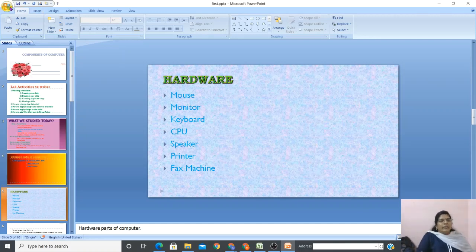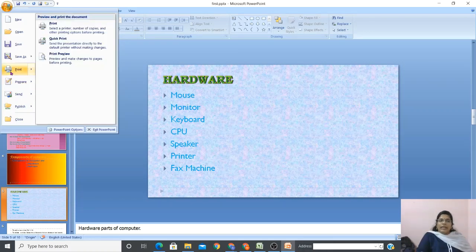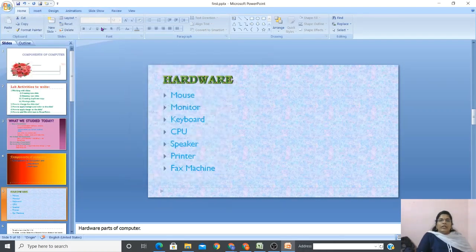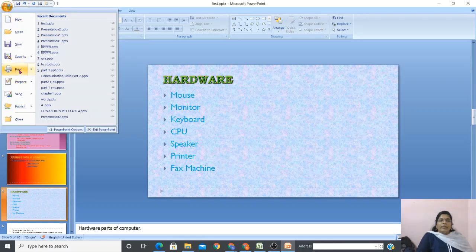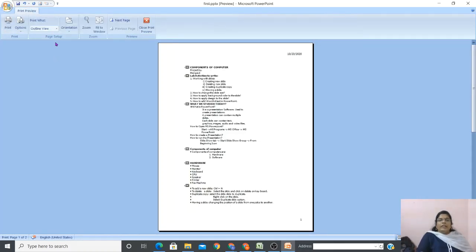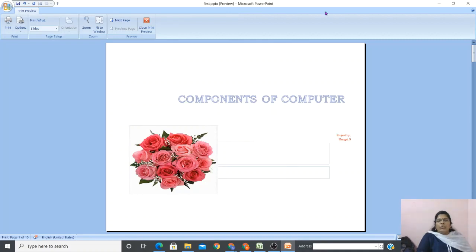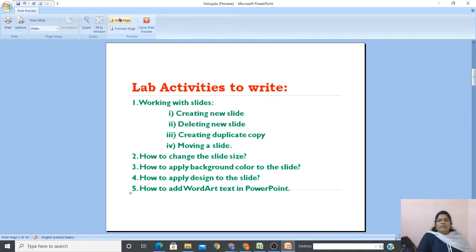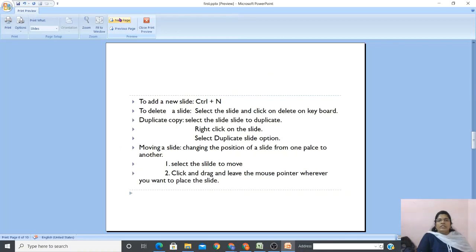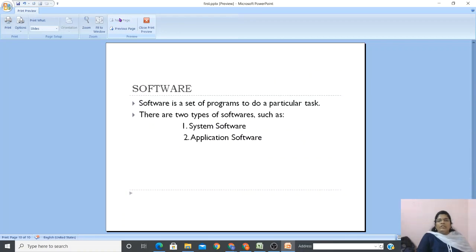So I'll show you each of the four layouts. Okay, for that let me go to Office tab, then print. Don't click on it, okay? Office tab, print preview, and in this print preview you can see page setup. Here you can see what do you want to print? I want to print slides. So when I choose slides, full slides, you can see only the slides. So next page, see, next page, likewise it goes on. So you can take a printout of all the slides as it is.